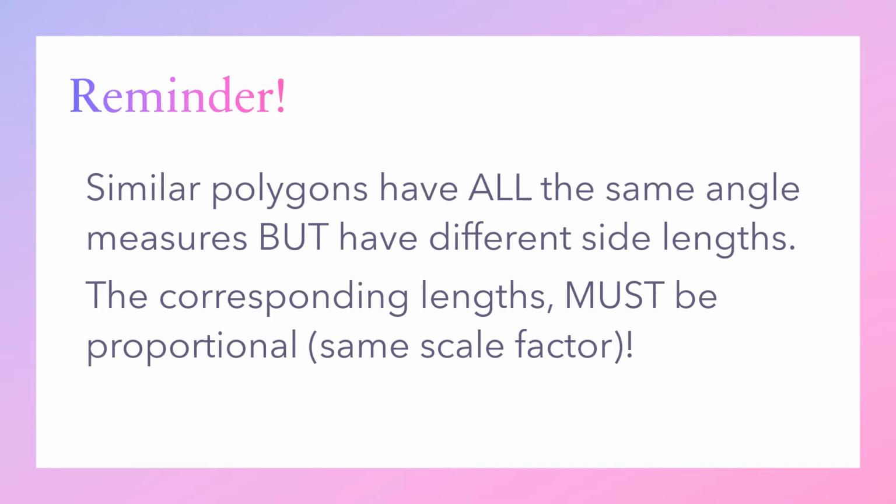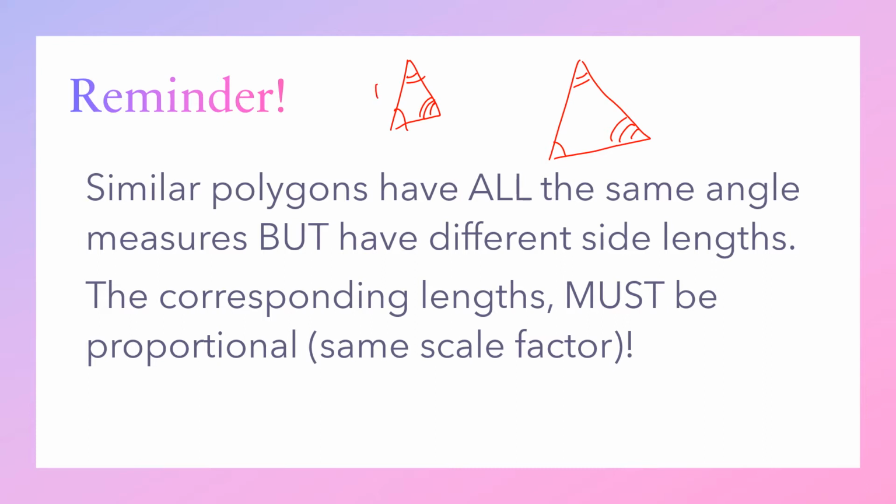The biggest thing that I want you to remember here, from yesterday's and the week before's lesson, is that similar polygons have all the same angle measures. So if you have this triangle here, and then you have this triangle here, their angle measures can all be congruent to the corresponding angle in the other triangle, but clearly your lengths here